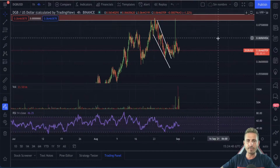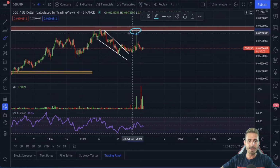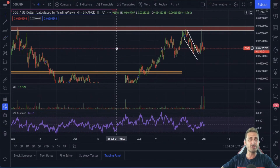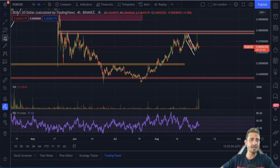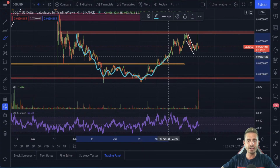We did actually break out from this descending wedge and met the target right over there, as you can see here for the DGB price, and came straight back down. We are seeing some negative volume, so I don't know what's going on with this crypto. It does look like this, and look how perfect this round formation for DigiByte is